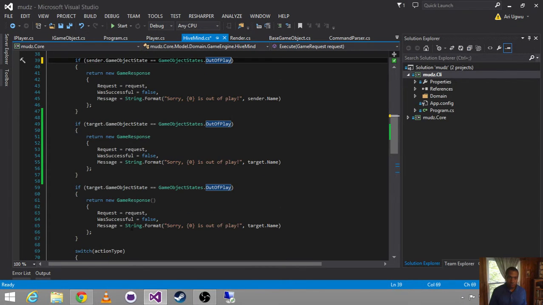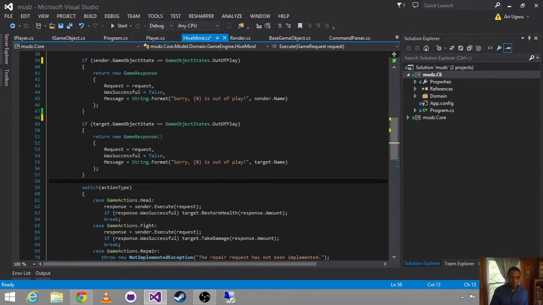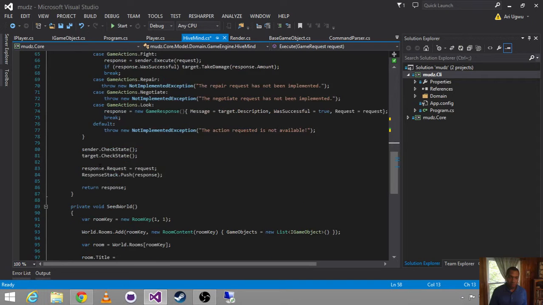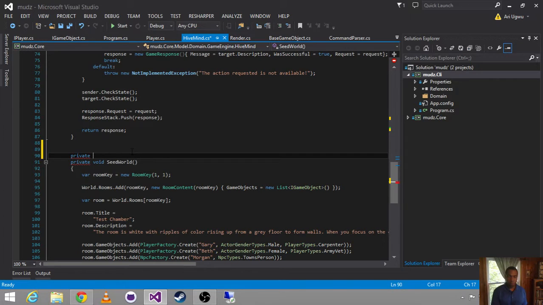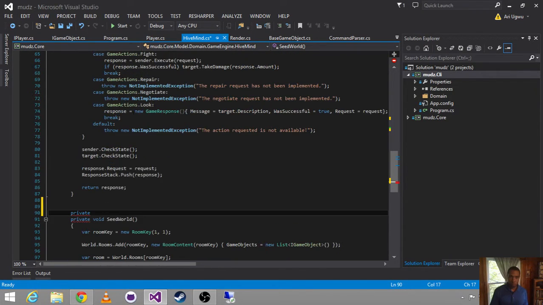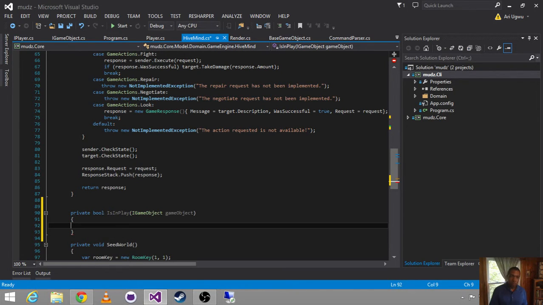Okay. Oops, I guess I already had that. Alright, so what I want to do here instead is here, private bool. I can say is in play and take in an iGame object, and I can return